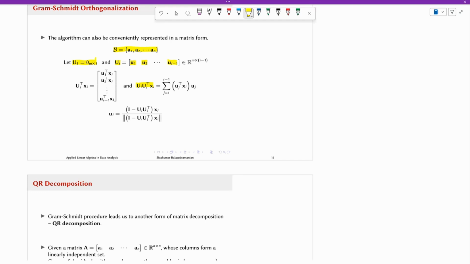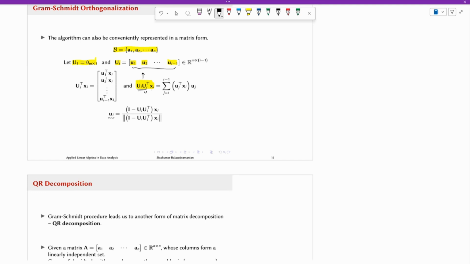Now, if you do this operation, that means you would have found the orthogonal projection of the vector x onto the subspace spanned by the first i minus 1 basis vectors. Because this is simply the projection matrix. That means you can now find the ith orthonormal basis vector by simply,